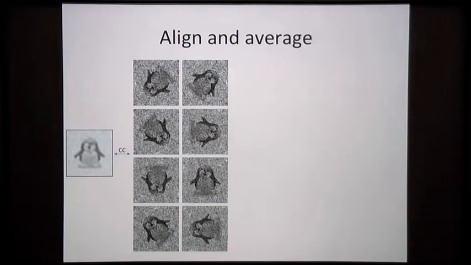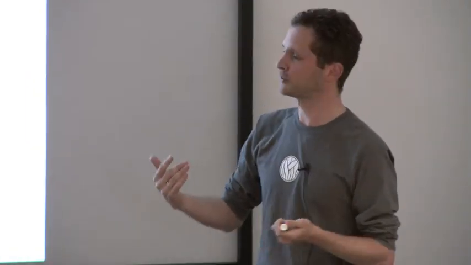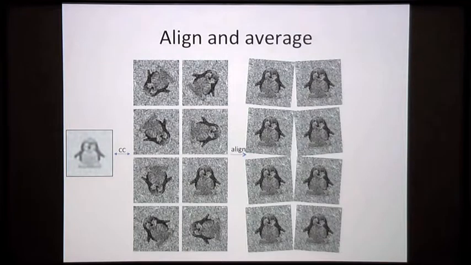for all the noisy images, and then we get some alignment. Now it's not perfect yet, because the initial model that we had for our penguin wasn't perfect. Okay, it was some kind of a fuzzy picture of our penguin. So now all my penguins are more or less aligned, but what you can now do is take the average of them, and that will give a penguin image which is better than the original one, okay, but it's not